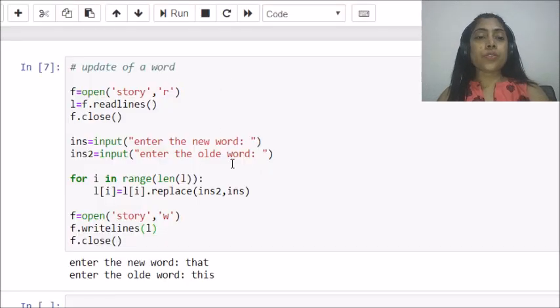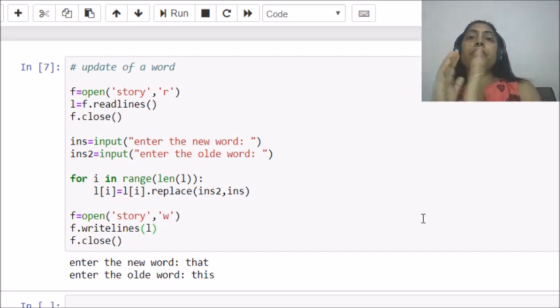So all three operations we have covered here. And one more thing I would like to tell you, this is one way of updating your file with the use of a list. In this method, we read the list from the file, modified the list, and again wrote that list in the file. This is the first way of doing this, the simplest thing. But if your file size is very big, then it is not a convenient way to read all the content at once in a list. In that case, we have a second way of doing so, and I will cover it in my next session.